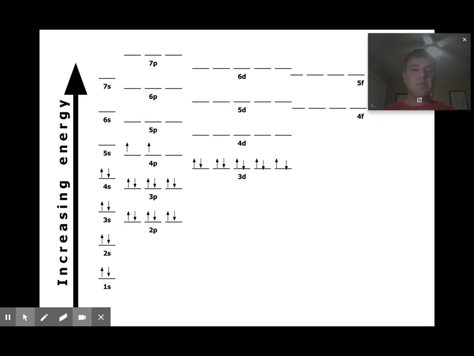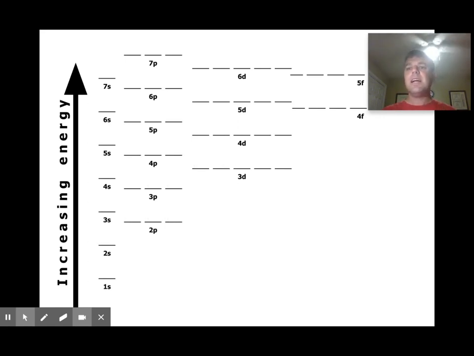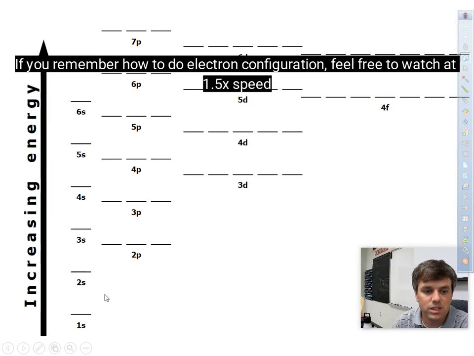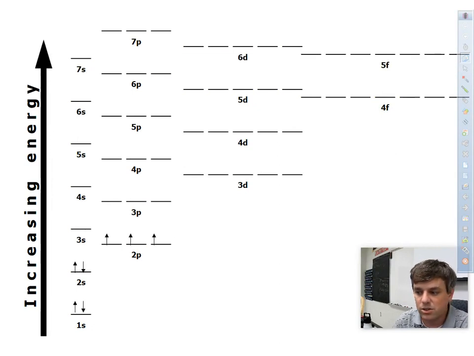Now, it is possible that the AP exam is going to ask you to just straight up interpret an orbital diagram. There are other things they could ask you to do, like writing what's called an electron configuration. So what I'm going to do for you now is link a video that I made for my honors chemistry class about how to write electron configurations, because I don't know that I really need to make a separate video to teach the exact same thing. We're going to use these orbital diagrams in order to figure out how to